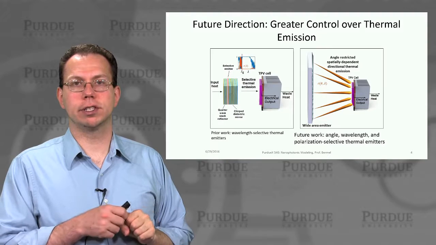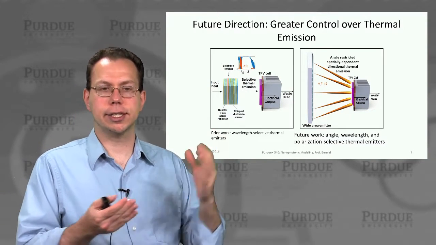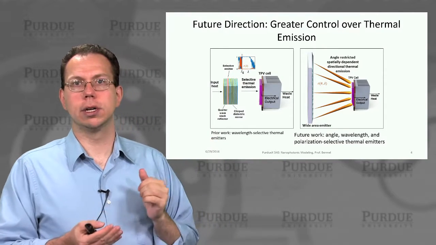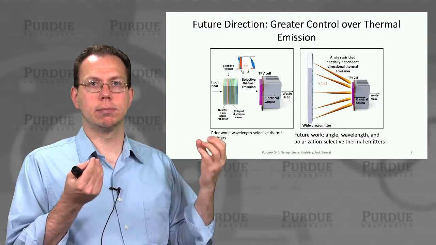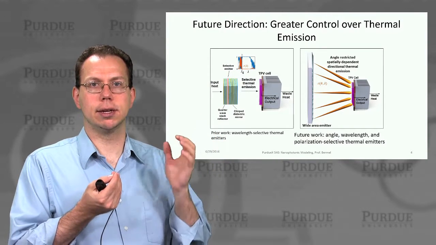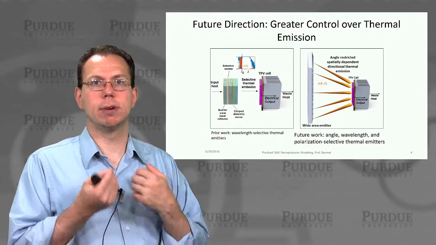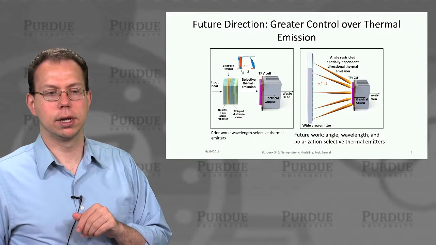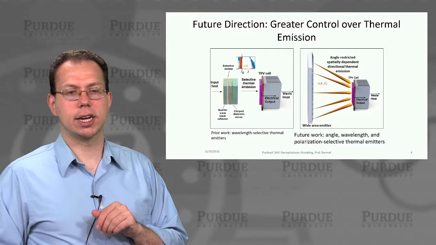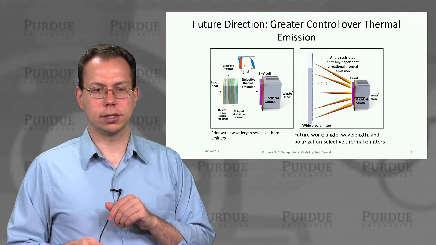But if you have selectivity over wavelength and direction, then you could actually concentrate the heat onto a small PV cell. You don't need a big PV cell at this point, but you've concentrated lots of heat, and then you can efficiently convert that into electricity. It might even give you more efficiency than wavelength control alone, and also has the advantage of potentially reducing the fabrication cost as well.